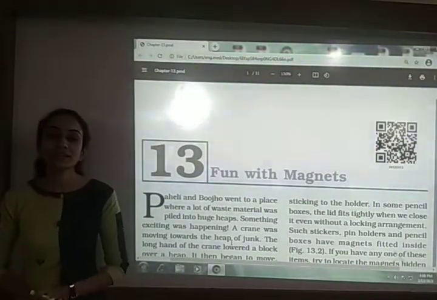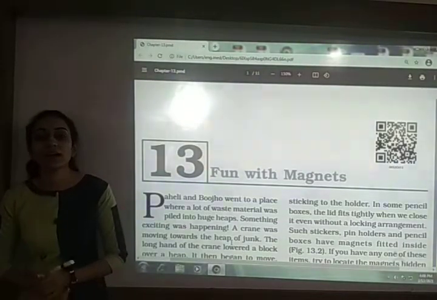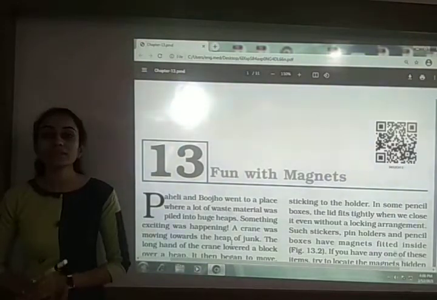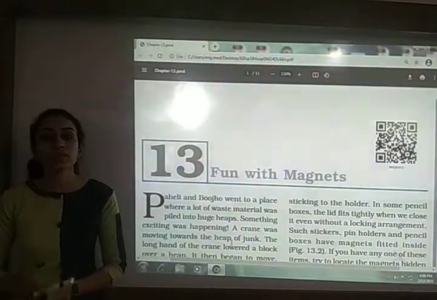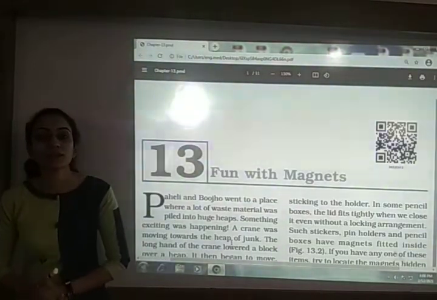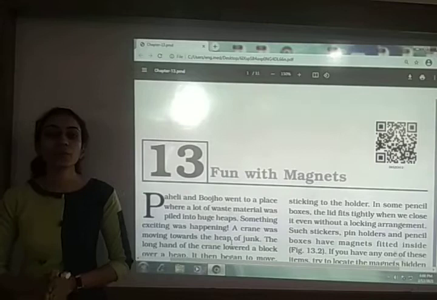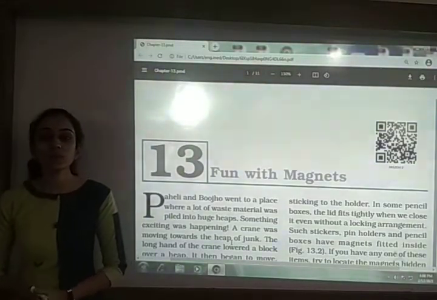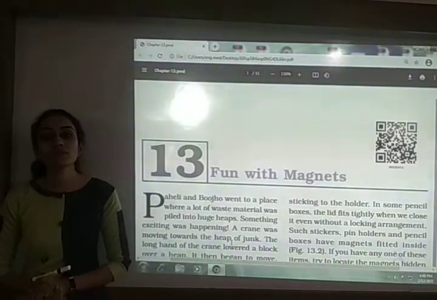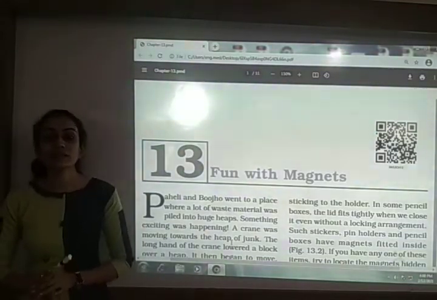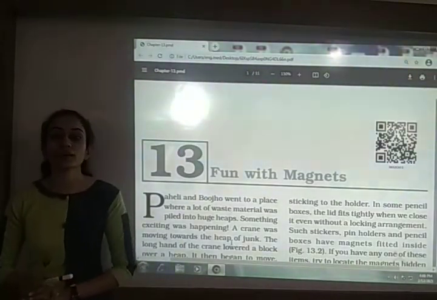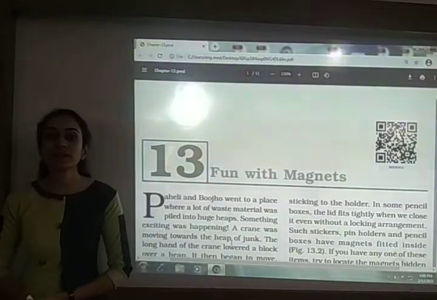Then we had seen the different poles of a magnet, how we can identify them and how we can locate these different poles on a magnet. Then we had seen another use of the magnet, that is to find direction: how we can find direction with the help of a magnet and how ancient people were using the magnet to find direction. We had also seen the compass, how we can find direction with its help, and how we can make our own magnet. So these are the things we had seen till now in this chapter.